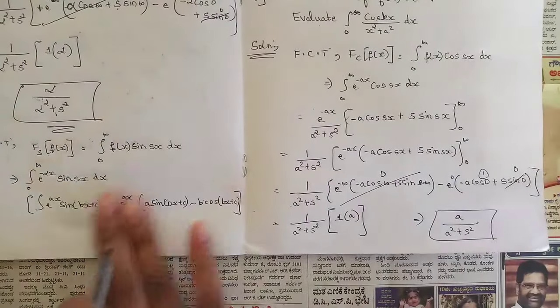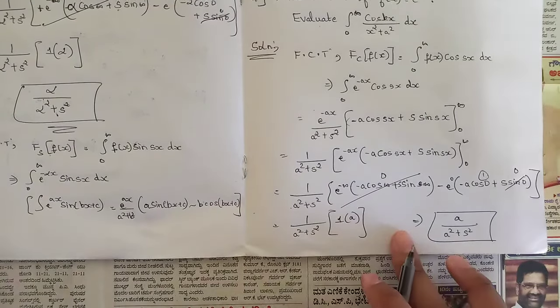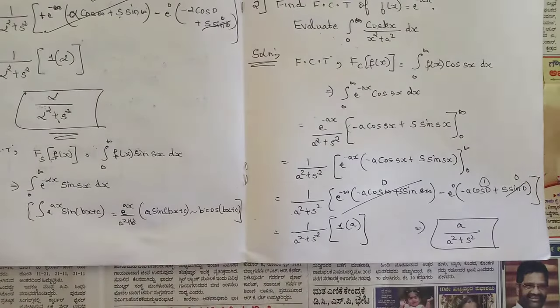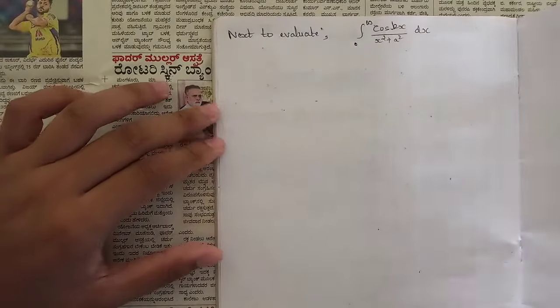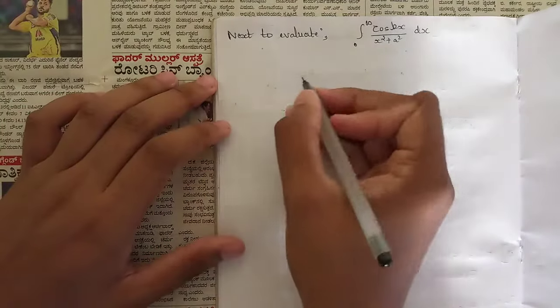Okay, so now with the help of this a by a square plus s square, we are going to solve the inverse Fourier cosine transform, so that we are going to get this answer. Okay. So we need to evaluate this. For that, use the